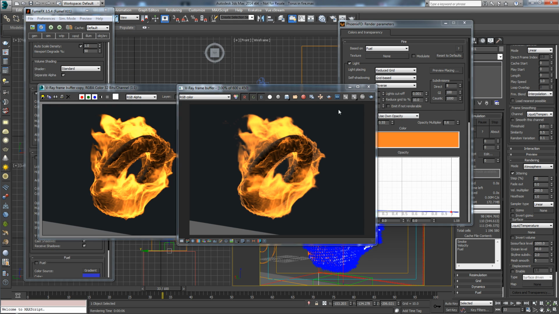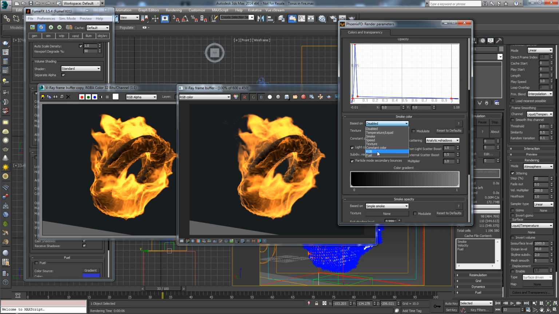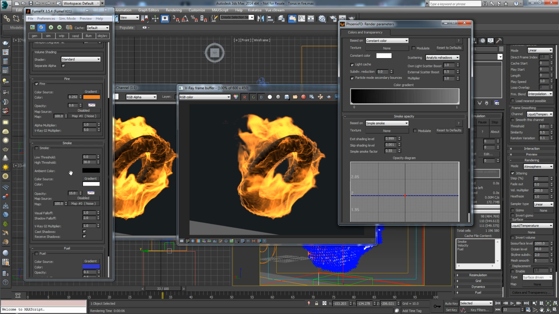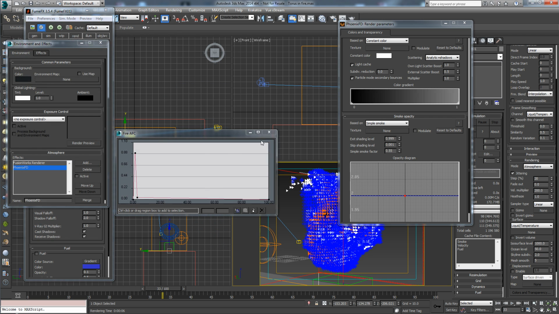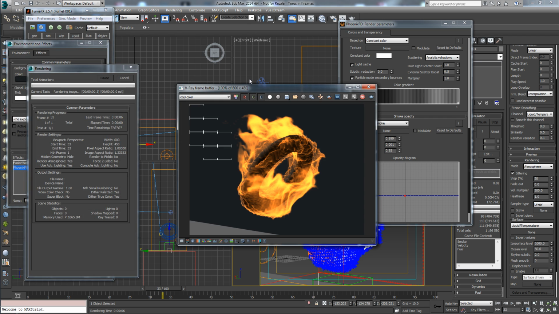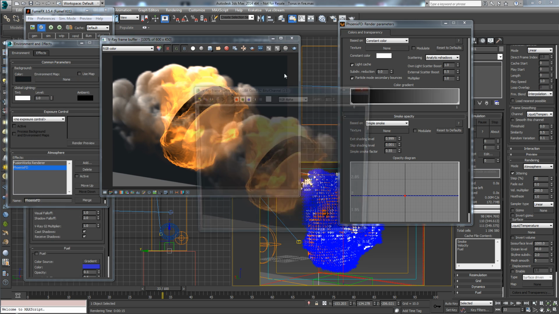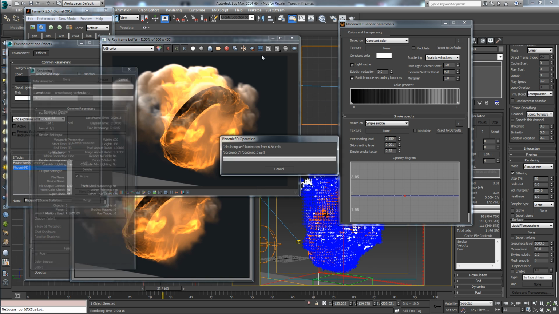Okay, and that's it. So now if we enable the smoke for both Phoenix and FumeFX, I will turn it back to constant color right here, just to use this color. We don't have any opacity map for the smoke, and the same goes for FumeFX. And if I render the FumeFX scene right now, this is the result that we're aiming at. I will copy it, switch back renderers to Phoenix,